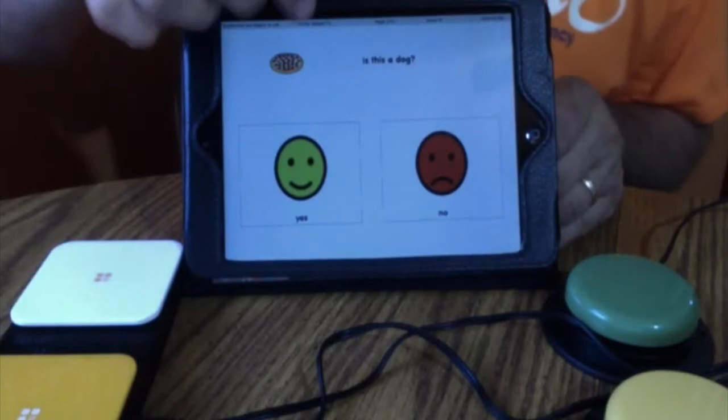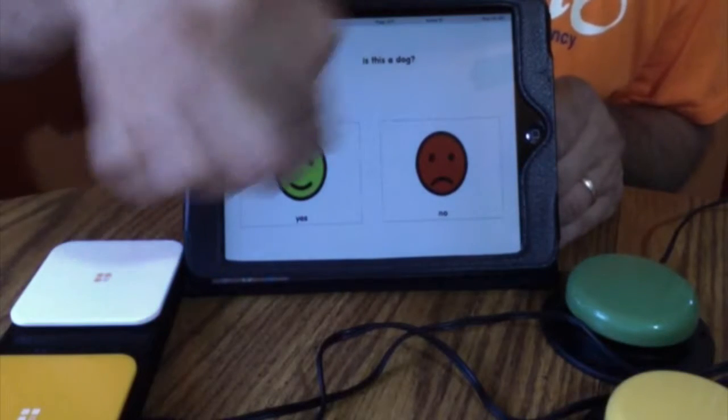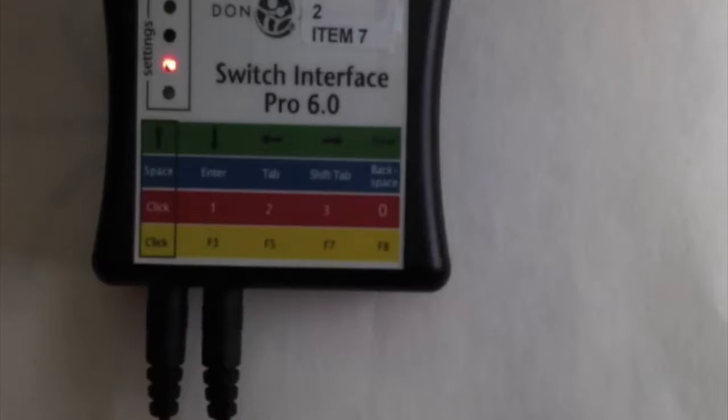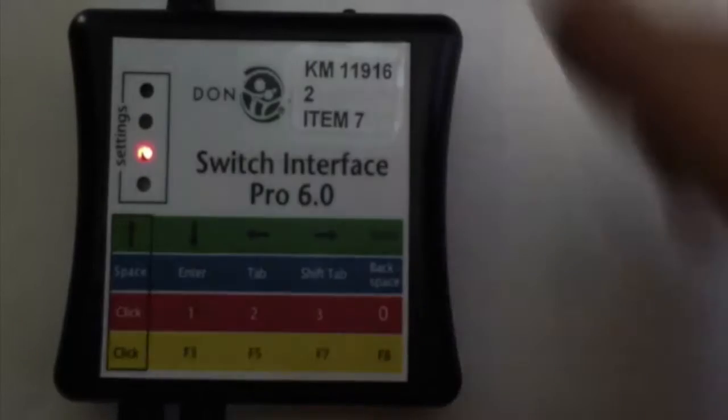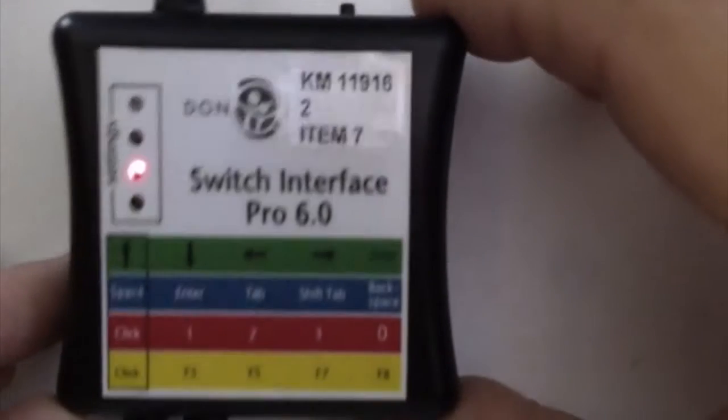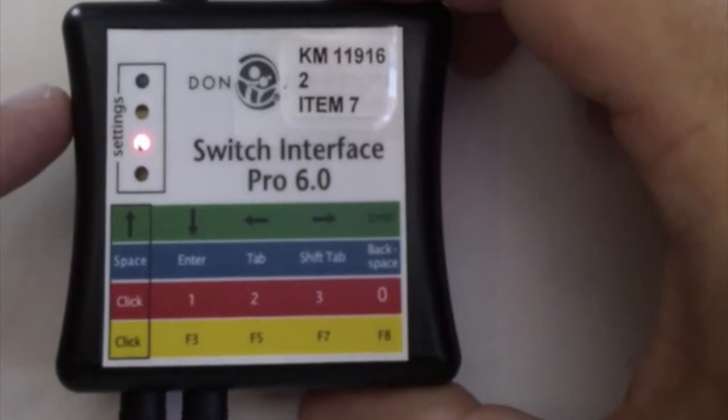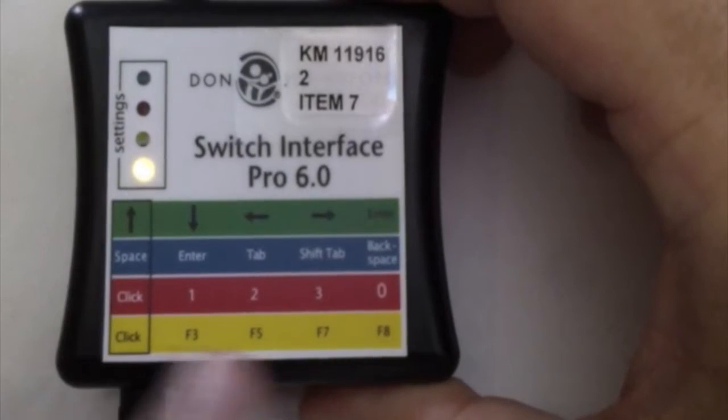And this can be set up so this is red as you go through, and these are red as you go through the choices. The switch interface hooks up to your computer using USB so that you can control mouse commands using switches. There's a toggle on top of the switch that changes which row the switch interface reads as